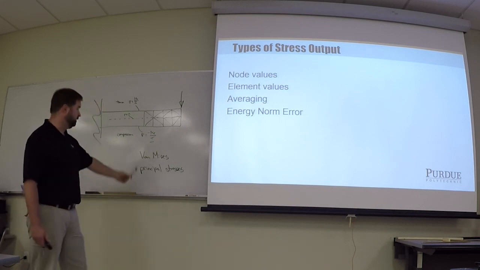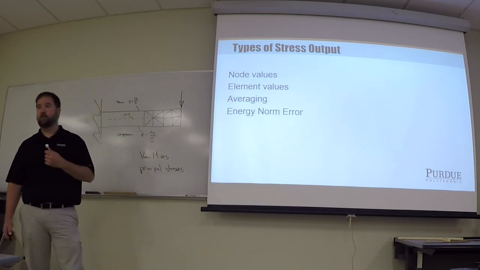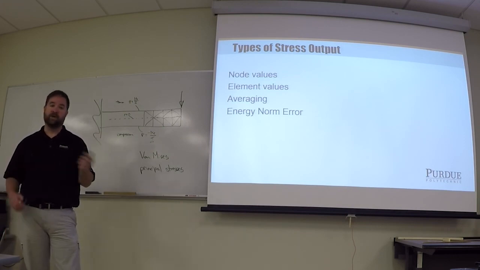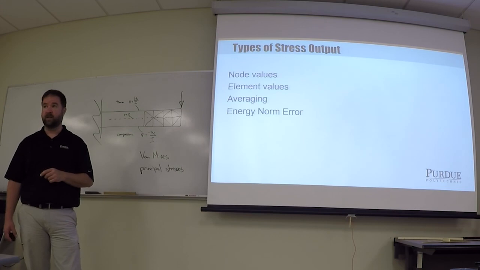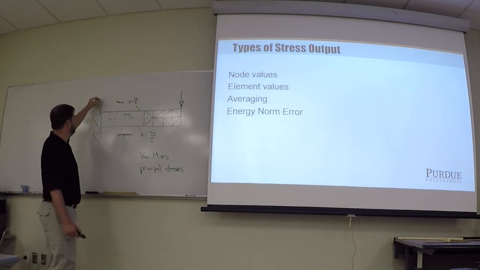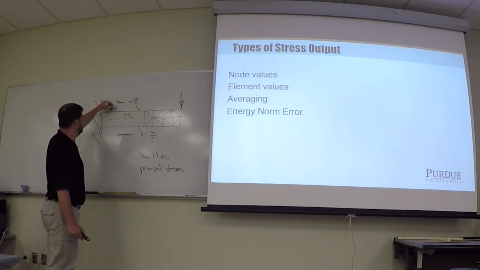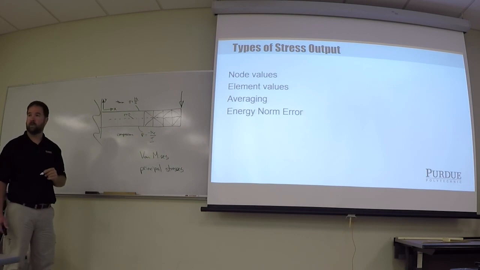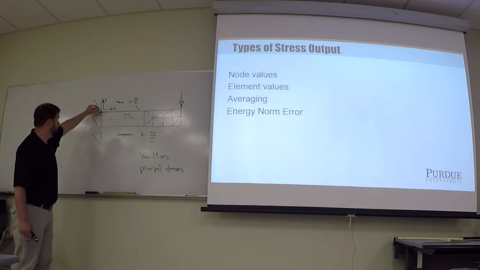The default is it's going to come out the von Mises, because it kind of gives you an overall state of the three-dimensional object, and you can compare that to the yield stress and figure out if you've got a problem or not. So go back to our bending up here, and let's say that the x direction is this way, the y direction is this way, and the z direction is coming out of the page of the board. If I'm looking at stresses right here,